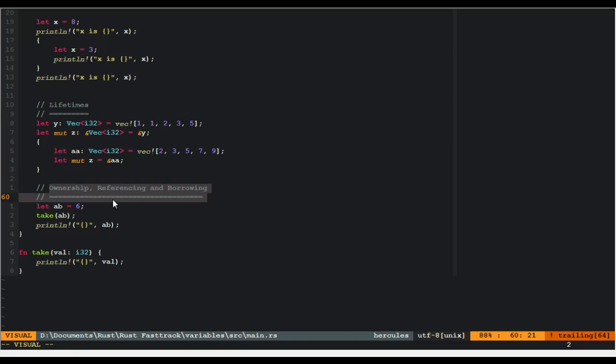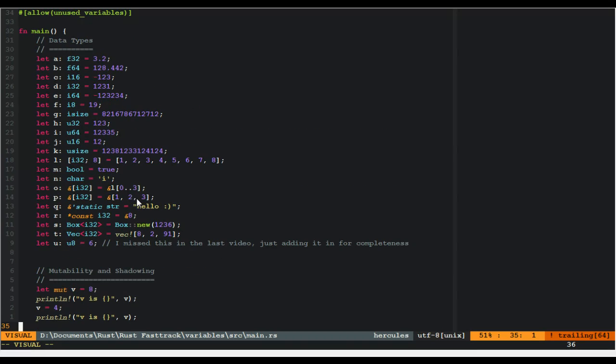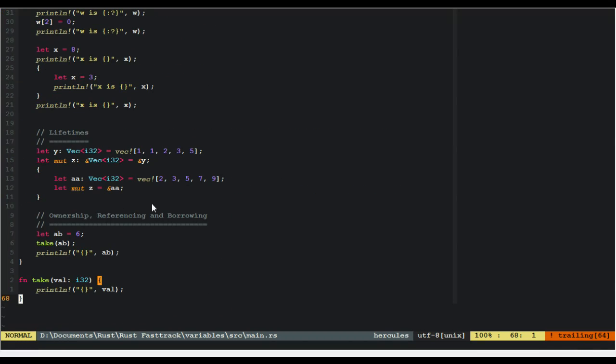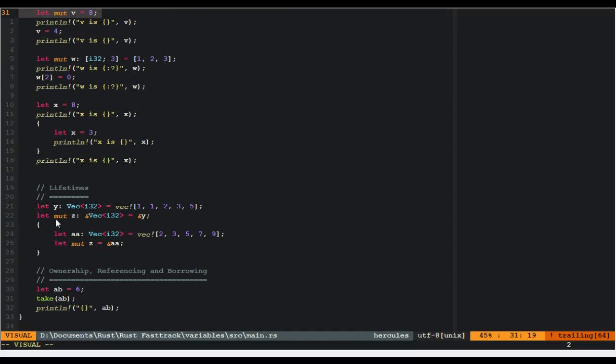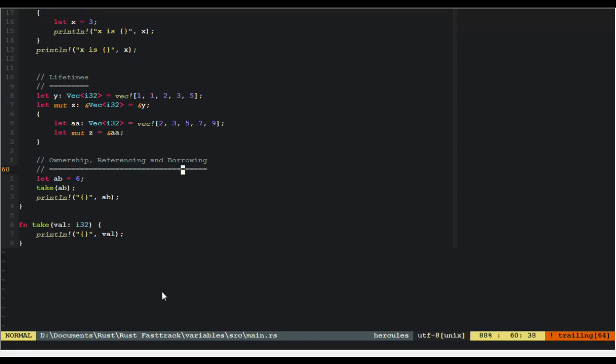But for now, hopefully I've explained ownership, referencing, and borrowing, and that's going to conclude our talk about variables. We've spoken about data types, mutability and shadowing, lifetimes, and ownership, referencing, and borrowing. The only other thing to mention is that tick notation I didn't show you before, but really I think it's best if you read the Rust book on that, which is